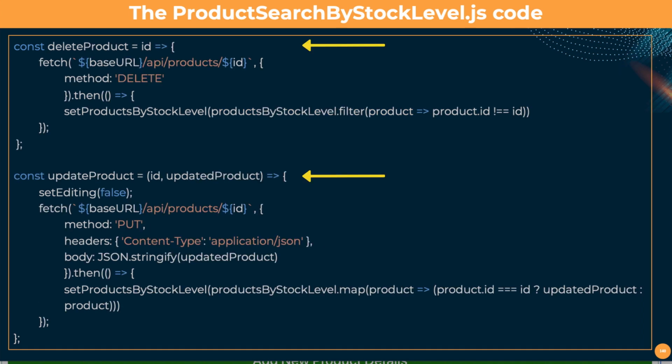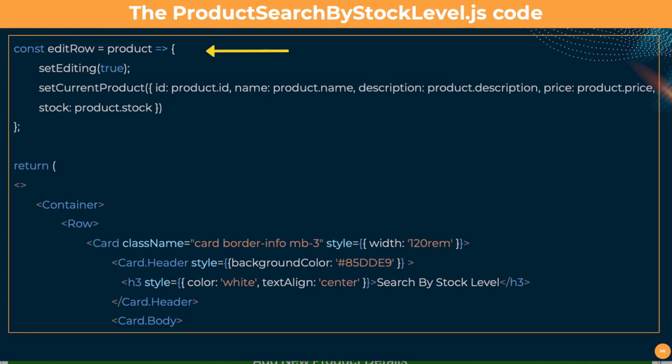We will also include, as we did in the search by description, a delete functionality, and we're going to delete by the product ID, and we're going to do an update as well, update using the ID. So this is the same code. We'll also have an edit row, and as before, a title at the top, search by